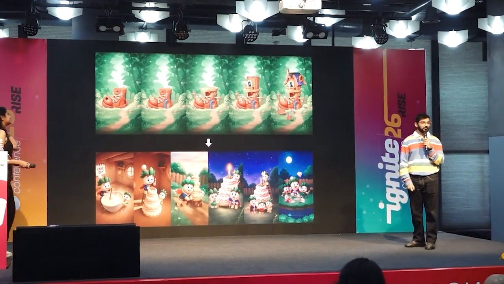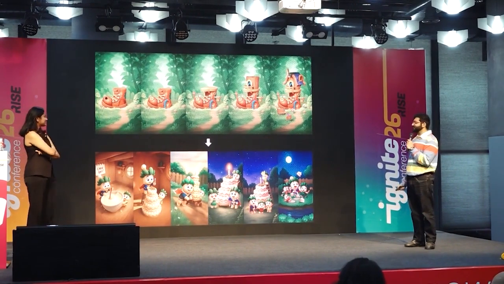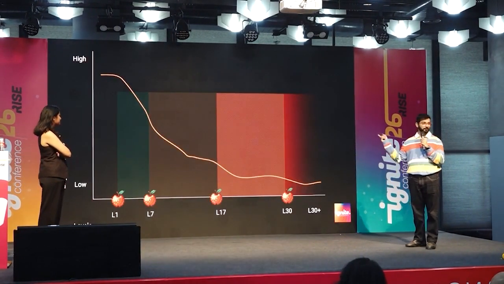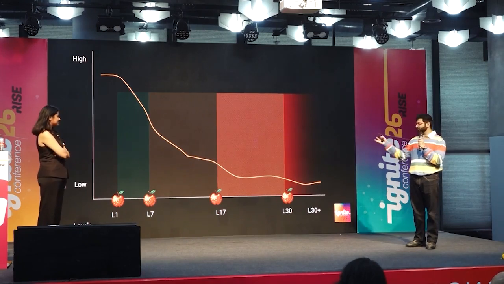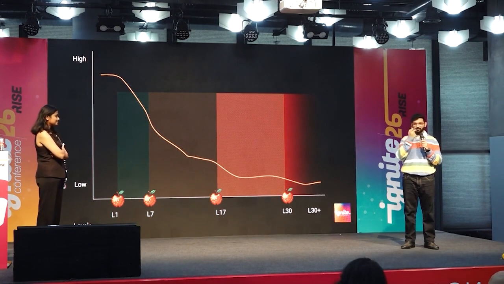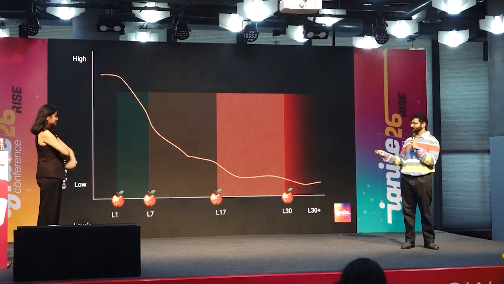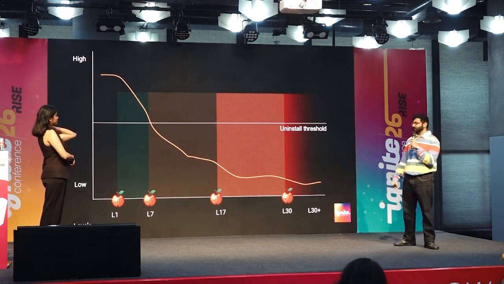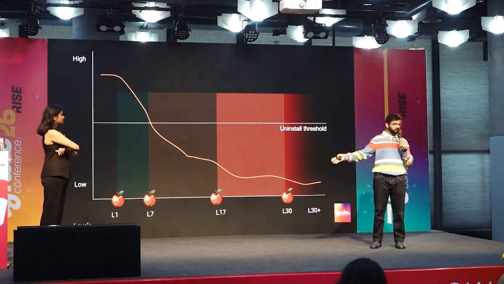Okay, one more interestingly made graph for you guys, completely unstatistical, but you recall this from our thing, right? All the different stages. Now we are working on retention like we already said. So just to give you an idea of what's happening, I'll draw an imaginary line somewhere, says uninstall threshold, right? I'm going to say that the engagement on the game, and you can measure it however we want.